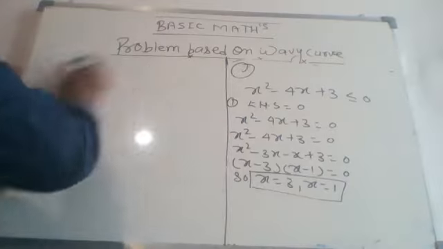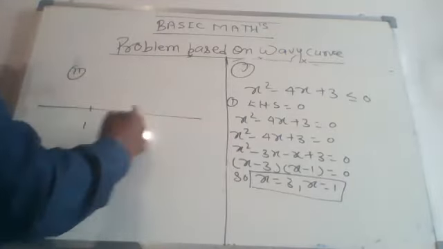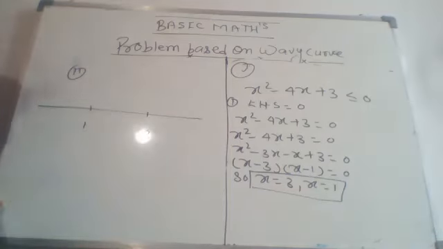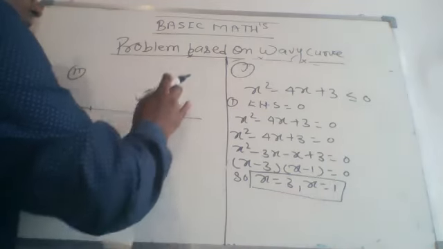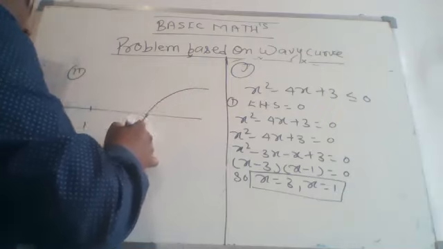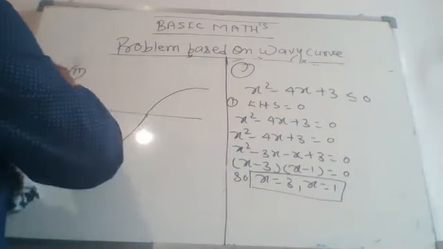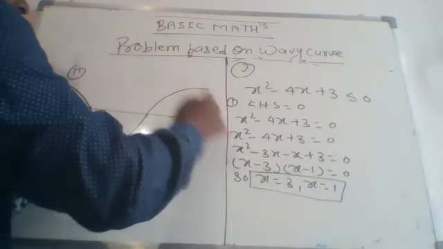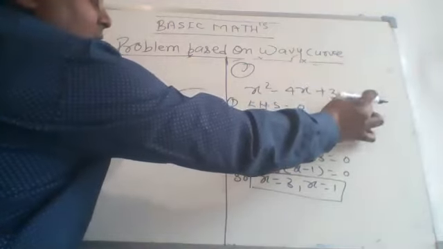After obtaining this solution, we have to put it onto the number line. And when we put it onto the number line, what we get? 1 and 3 over here. 1 is smaller, 3 is larger. We have to draw the wavy curve above the number line, starting from the rightmost solution. Now again at a solution, the wavy curve must pass through this, going towards minus infinity and coming from plus infinity. Here the inequality sign is lesser.